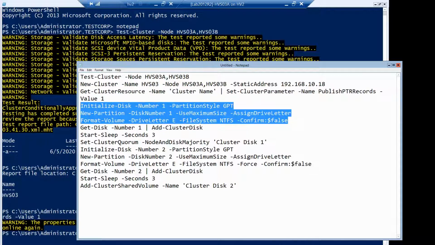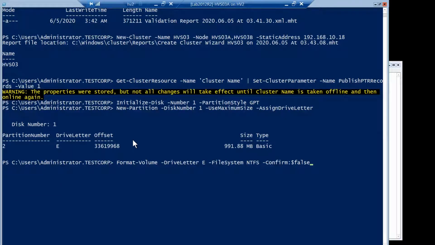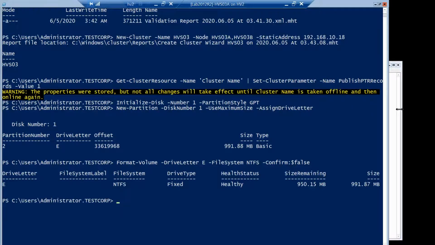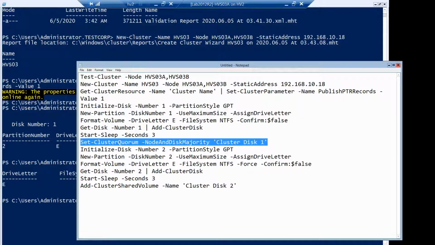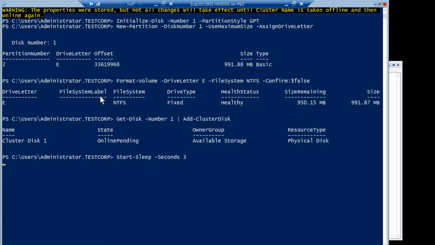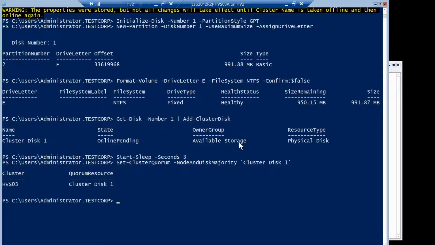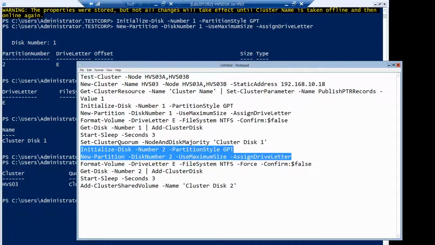I will run the first three commands, so I'm sure that it initializes and formats the disk before I add it to the cluster. Now let's add the disk to the cluster and set this first disk as a quorum disk. Excellent. Now let's move on to the second disk, and I will run the first two commands to make sure